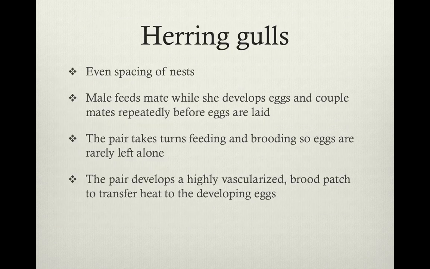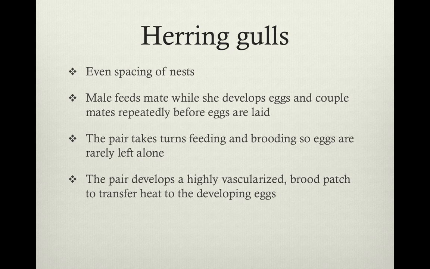What we find with herring gull reproduction is that their nests will be spaced evenly. And we have to ask ourselves, what is the adaptation here? Why don't they cluster their nests together? Well, herring gulls have a pretty high rate of cannibalism. And so if you put your nest too close to your neighbors, then your chicks are probably going to be